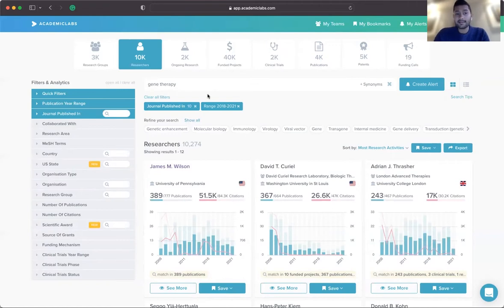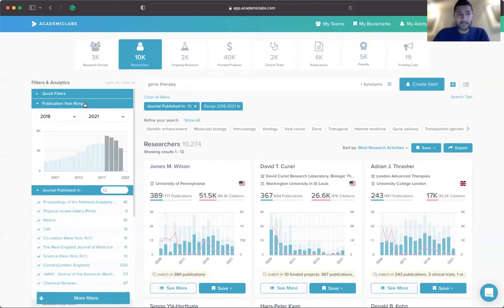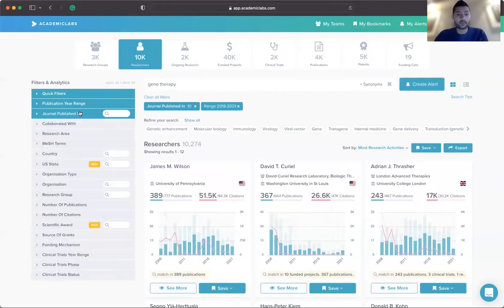Researchers. And these 10,000 researchers have published in the top 10 journals that have papers on your topic. So all those journals are relevant to you because they have been publishing papers on your topic. And at the same time, they also have been publishing in the last 4 years on your topic. So they have done top quality research on your topic and also have been recently active on your topic. And that's the criteria we use for key opinion leaders.